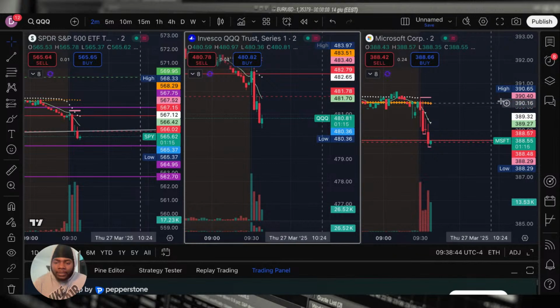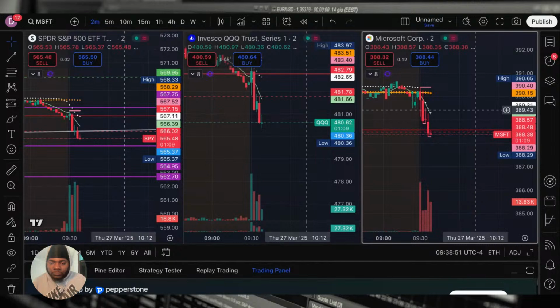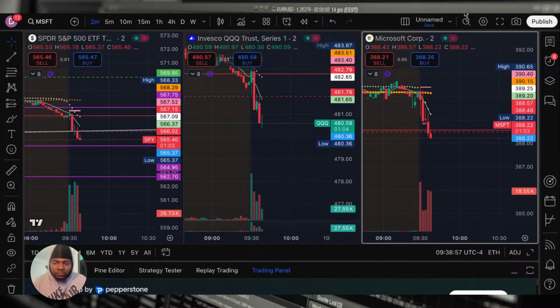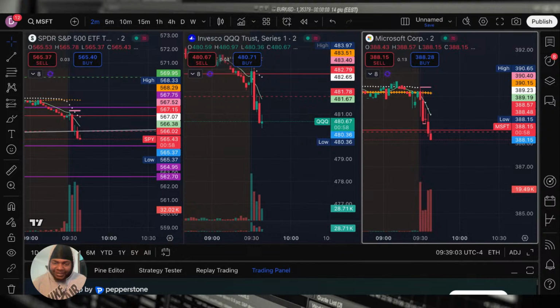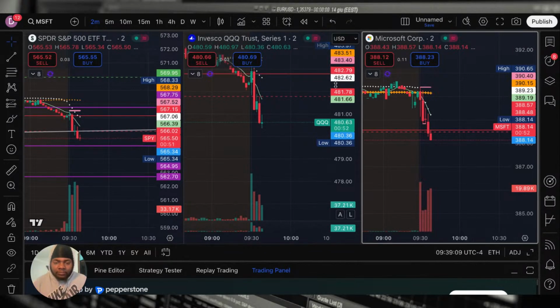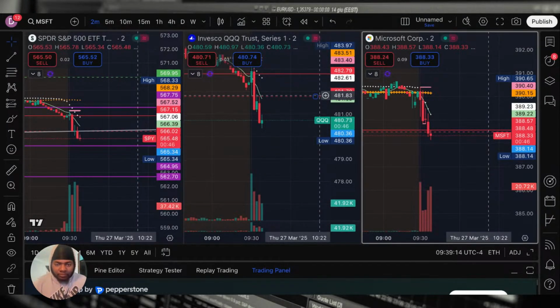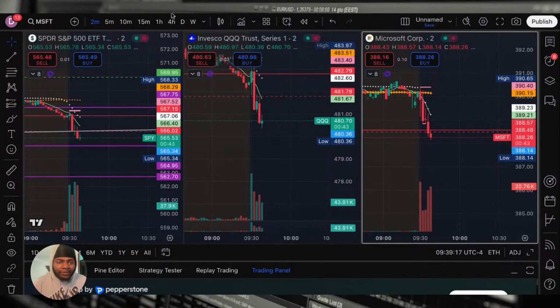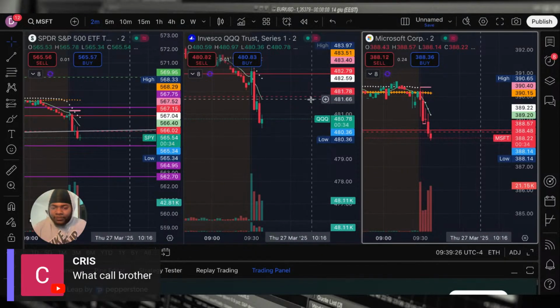Still watching. I let it pull back. Still sitting. I'm up 8%. Don't say I didn't tell y'all to take some of your money out, man. If you in heavy, take some of your money out. I'm only in one contract, first trade. This is just how sometimes I come to the market. I'm in QQQ puts, I don't know if you missed it. We up 4% right now.